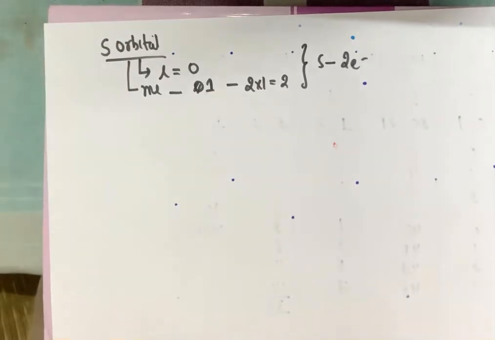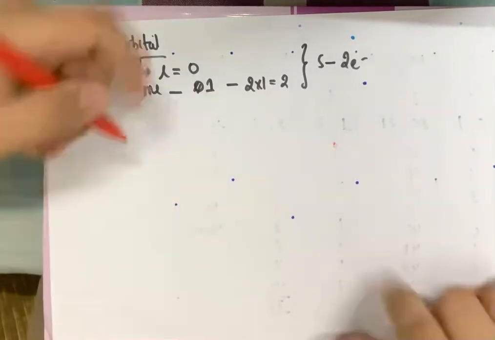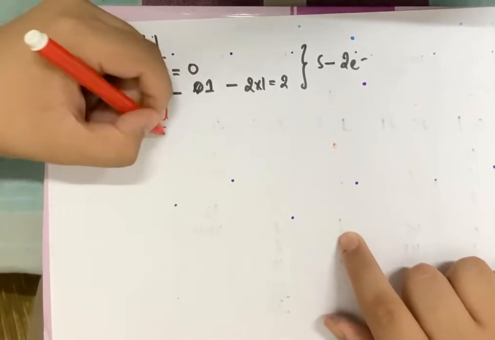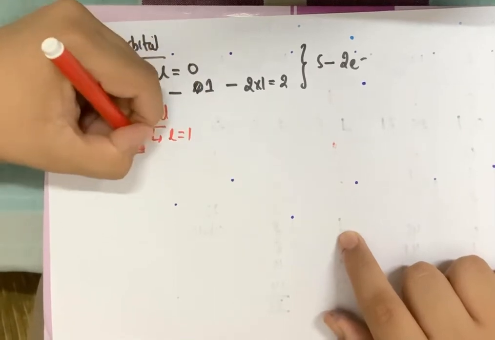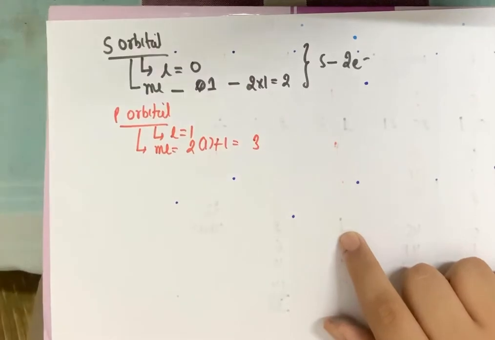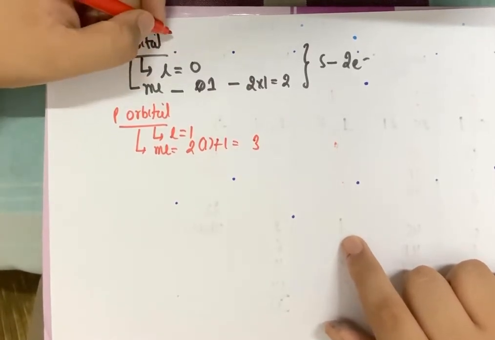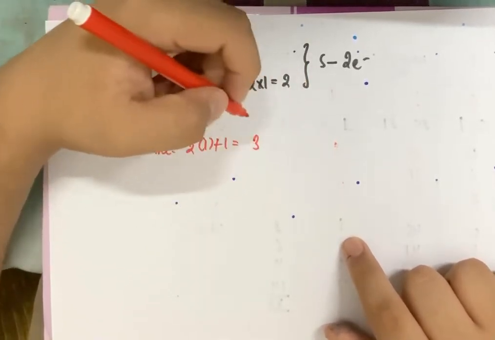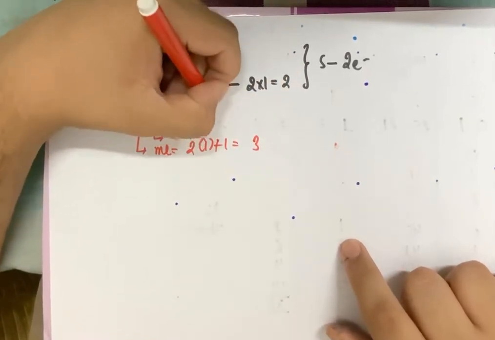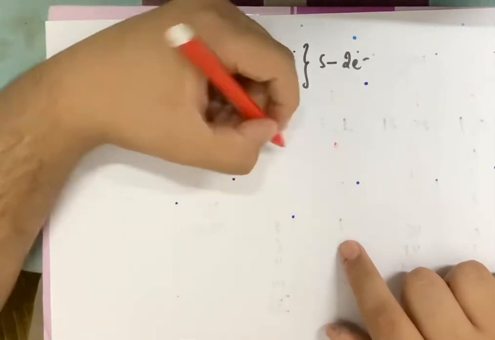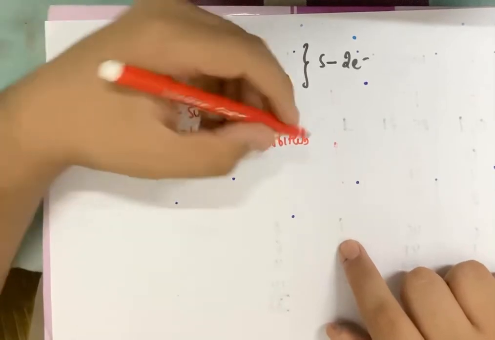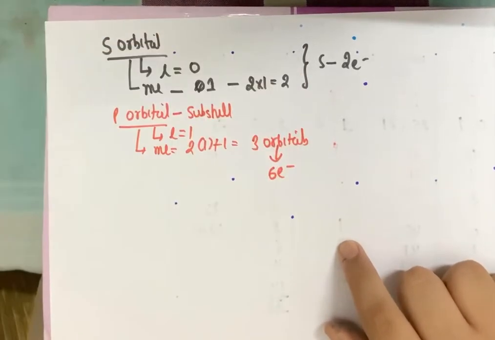Now talking about the next orbital, your p orbital. SPDF is what is important for us. P orbital. P orbital में your L value is 1. यानी ml values will be 2 into 2l plus 1, 1 plus 1, and is 3 orbitals are possible for p subshell. Okay. और ये जो p orbital है, p subshell के लिए, I'm sorry, this is a subshell I'm talking about. p subshell में 3 orbitals होंगे, 3 orbitals. That means the maximum number of electrons a p subshell can accommodate is 6 electrons in a p subshell.